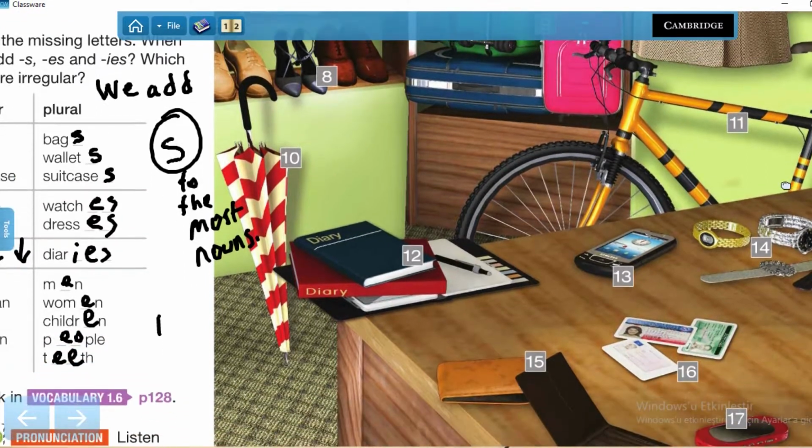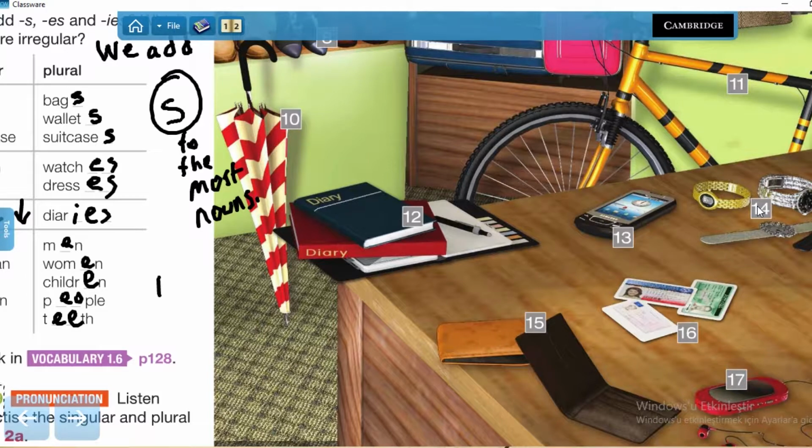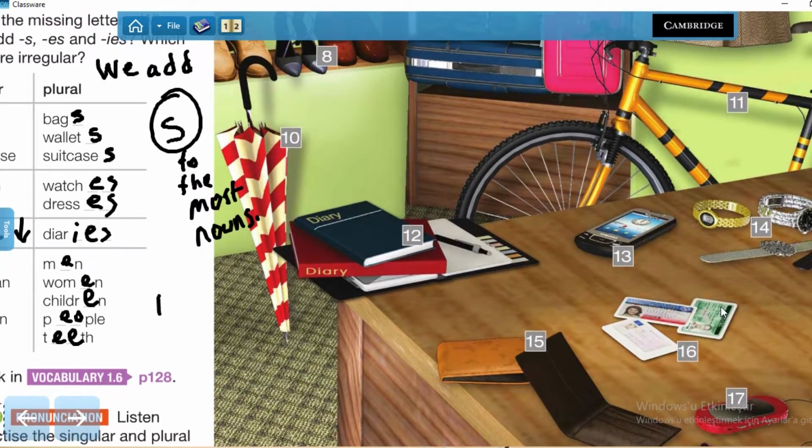Number 12, 1, 2. So it's not singular, it is plural. So diaries. Here the Y drops and we add IES. A diary, diaries. Here we say diaries. Number 13, singular, and this is a mobile phone. This is a mobile phone. Number 14, 1 and